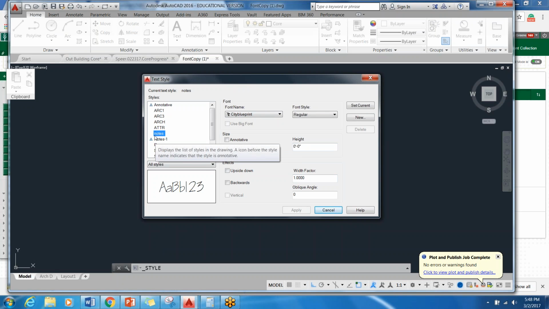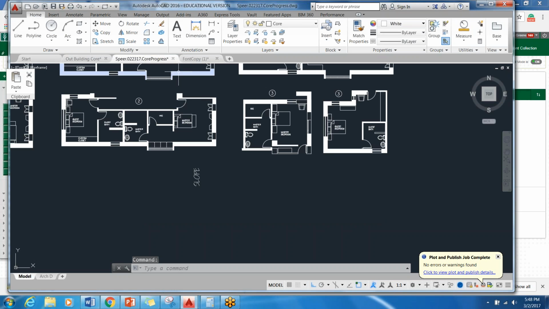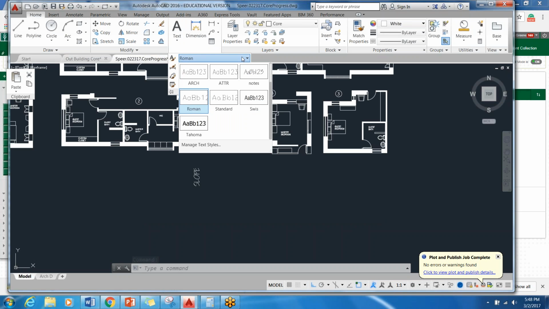Notice that this notes does not have a little triangle. The triangle always denotes that it's annotative, which is what we're going to talk about next. So this is just plain old notes. It's not any different than if I was in Shemaine's file and she has stuff in here under her text and annotation, like her Roman. So like her Roman, anything without a triangle, these are all pretty much the same thing as I have, except